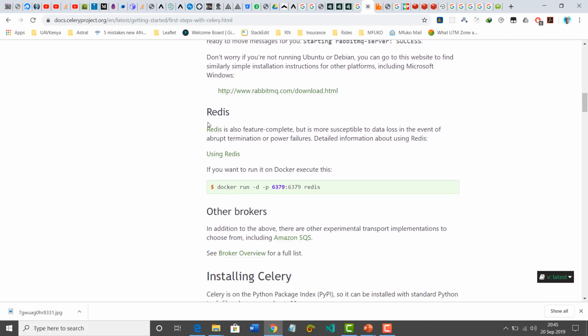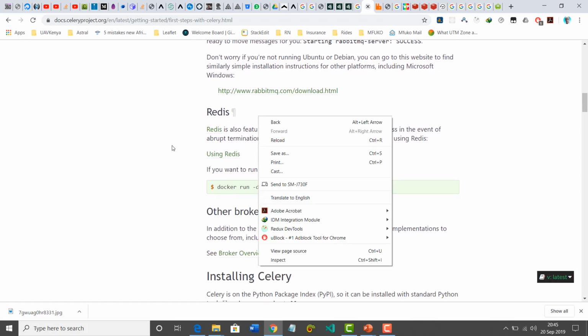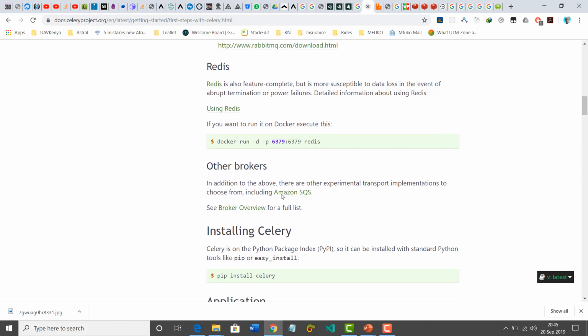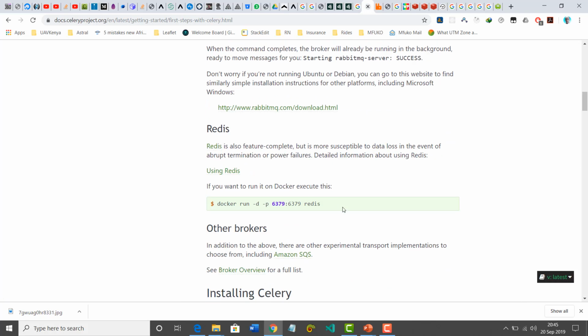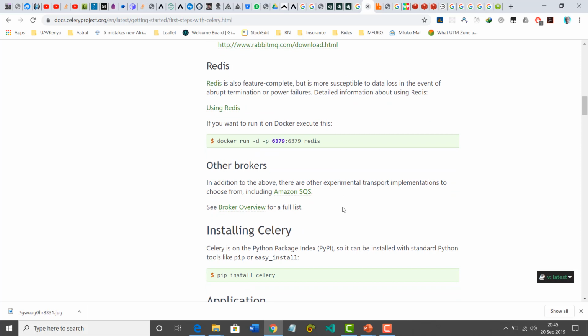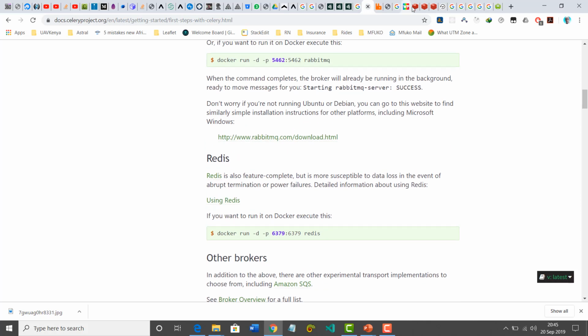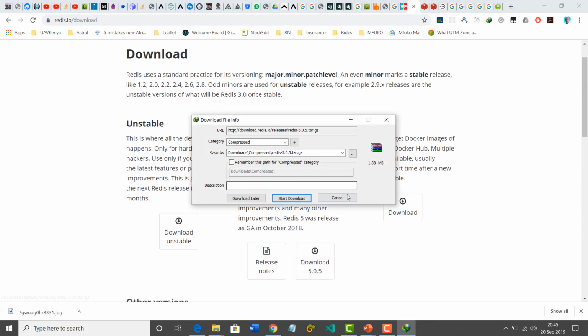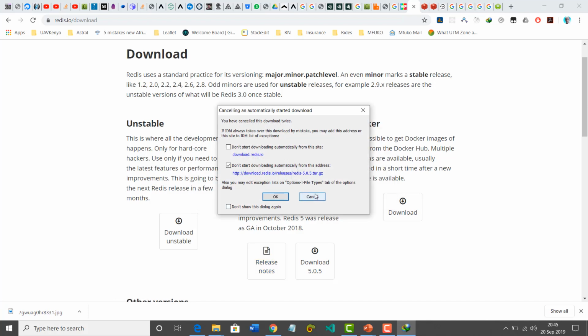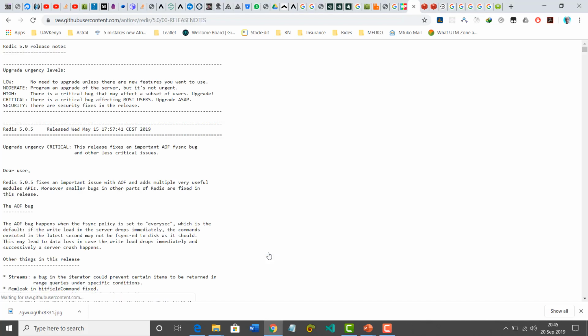Whenever you try to use something like Redis, for example, as a message broker, it's easier to do it on Docker, it's easier to do it on Linux. However, if you try to install Redis, I think here I have documentation and I can come to downloads. Installing Redis on Windows is one of the most difficult things you can ever do as